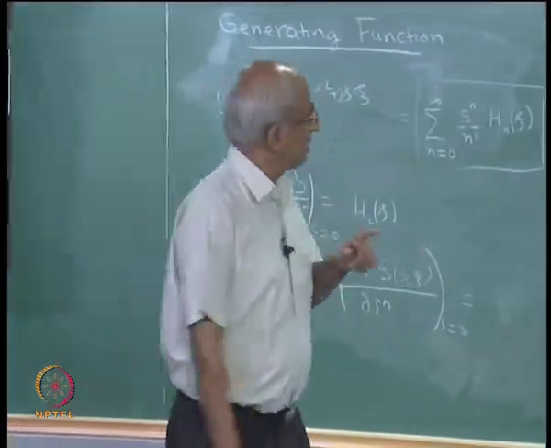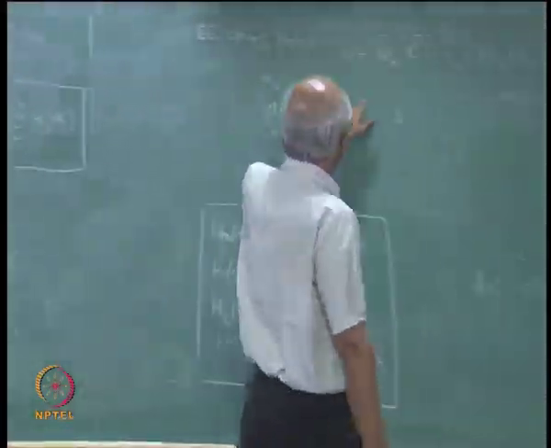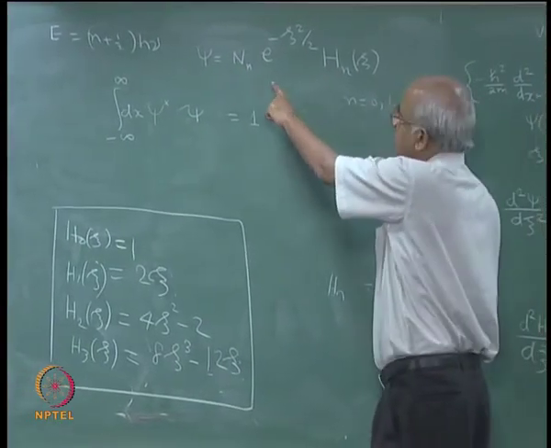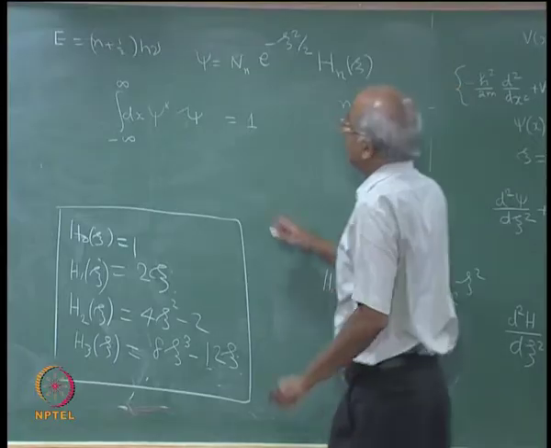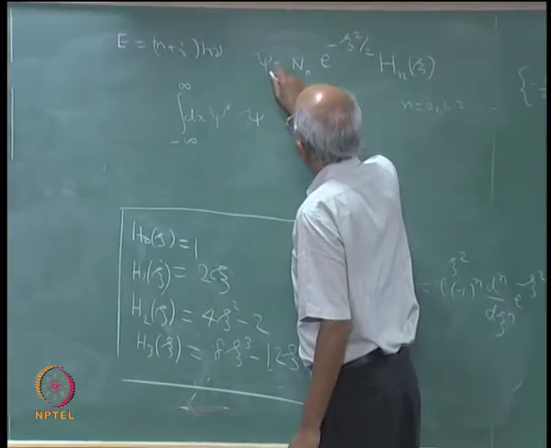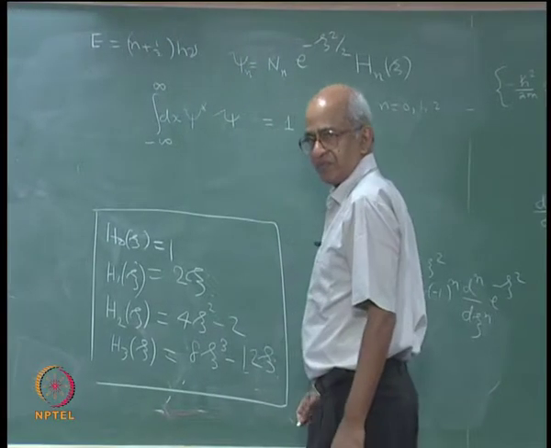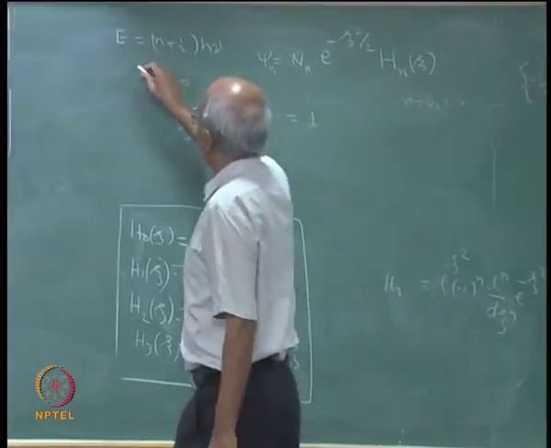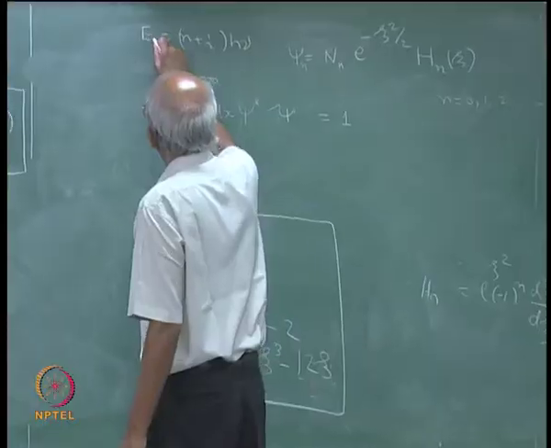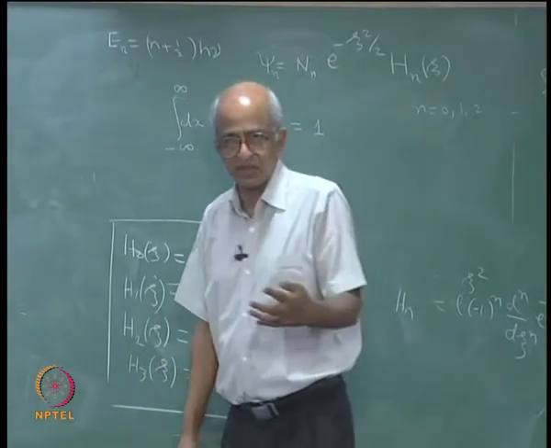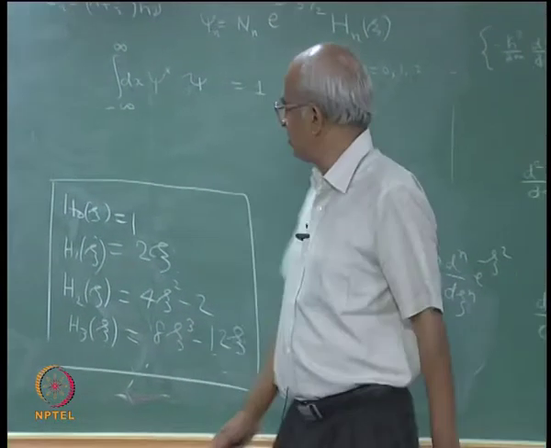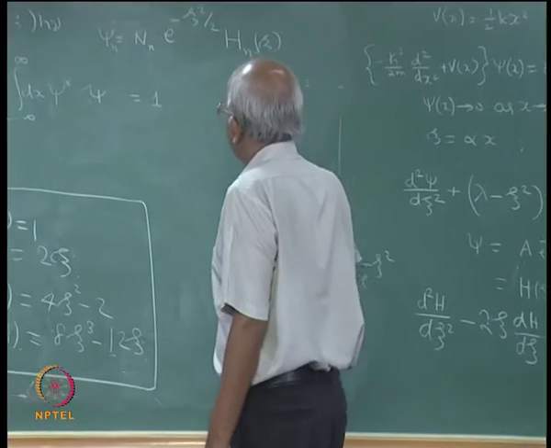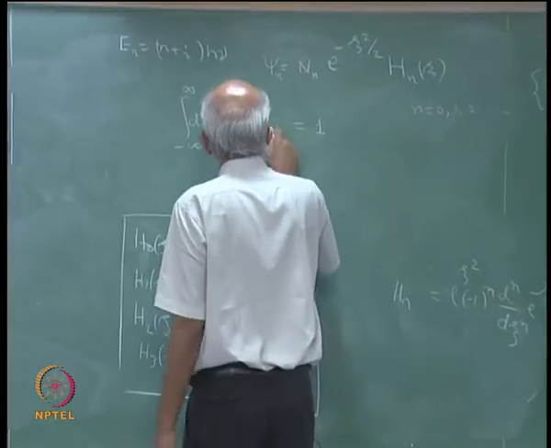Now, to be very clear regarding the nature of this psi, you see this is the wave function for the nth state, that is indicated by the subscript n. So, it is better that I put a subscript n there also. And not only that, as far as my allowed energy levels are concerned, it is best if I put a subscript n to indicate that this depends upon the quantum number n. So, that means I am going to have an n here as well as there.